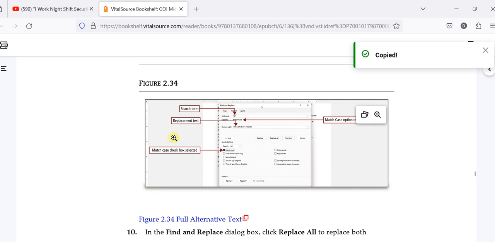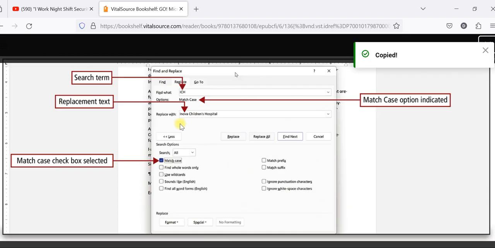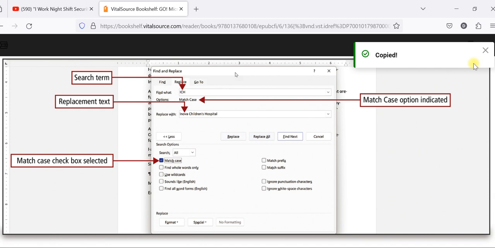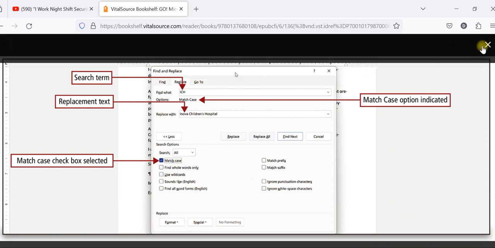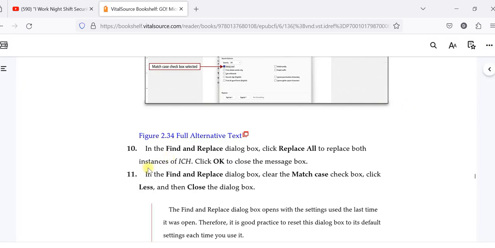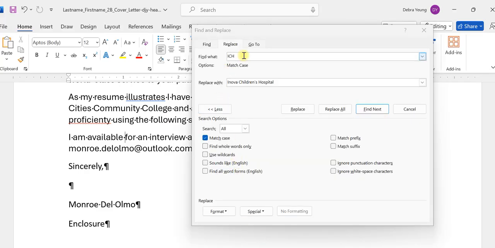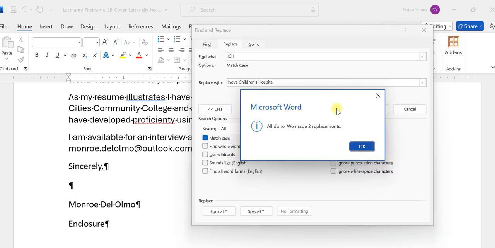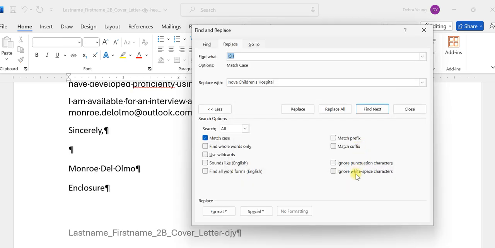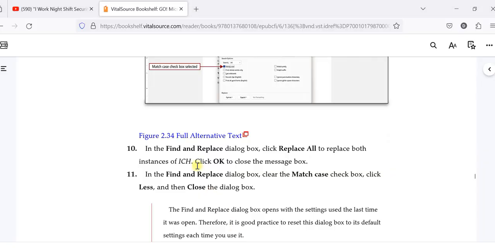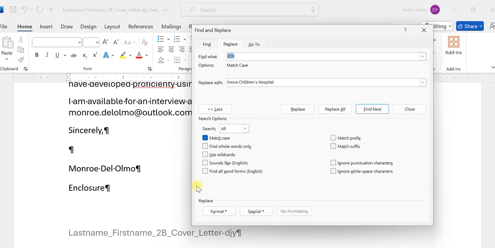And we want, so replacing it with, we've got that, match case, we're good. And Replace All. So then what it's going to do is go through the entire document and replace all the occurrences of ICH. They found 2. Beautiful. And then we're going to clear our match,